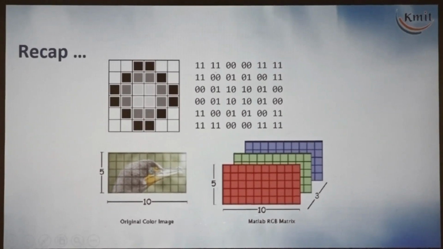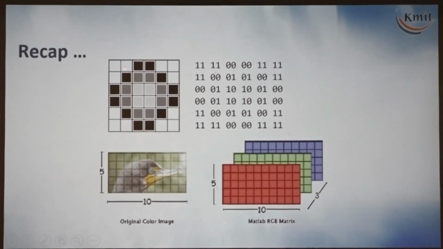If it is 0, then it will be black. If it is 1, it will be white. Black and white. In between, if it is 100, then it will be gray color. And there are a number of shades, the combinations, right? 255 shades will be there. So it was represented in a simple way.